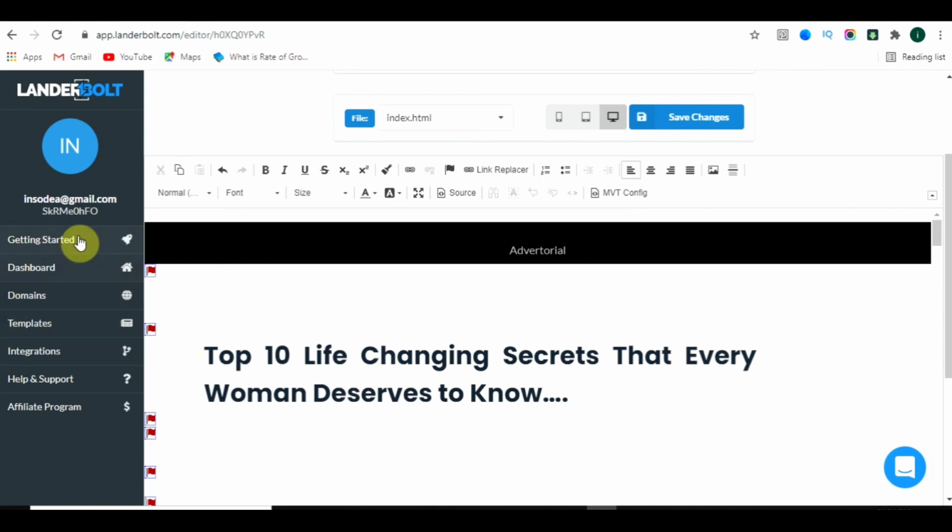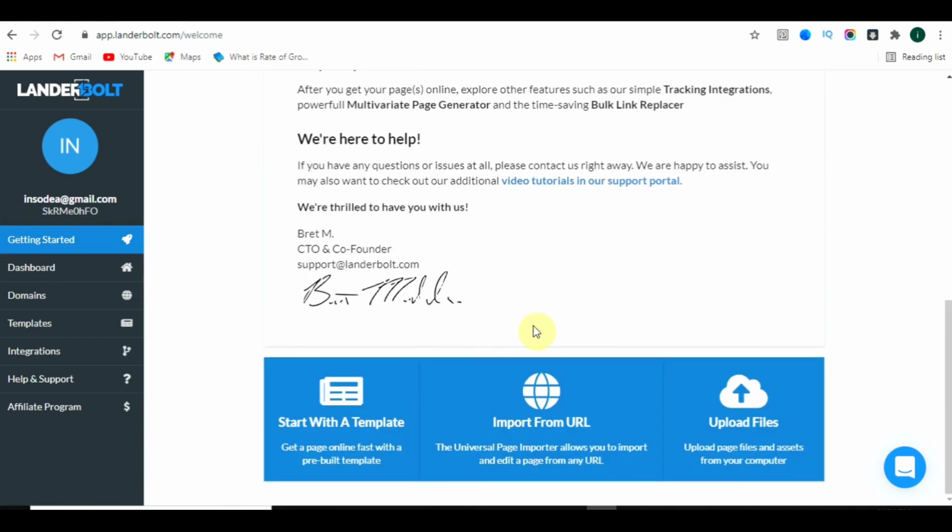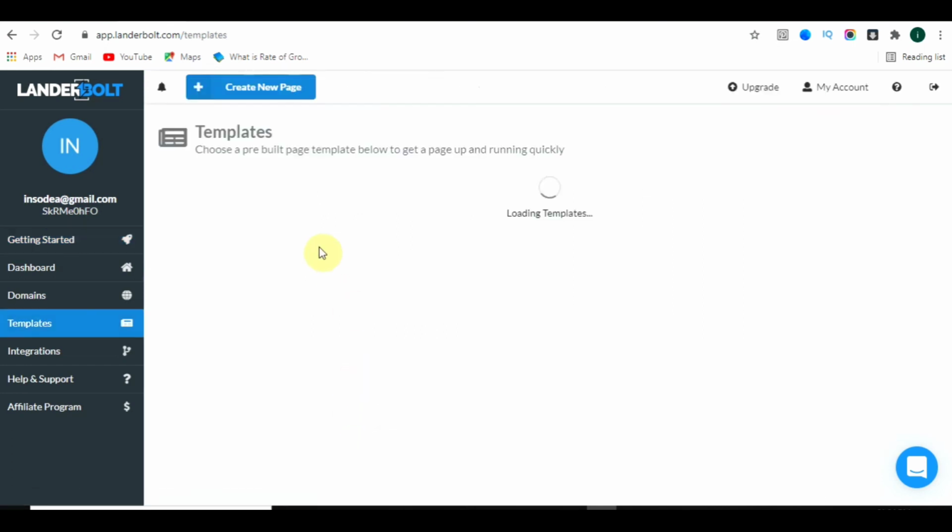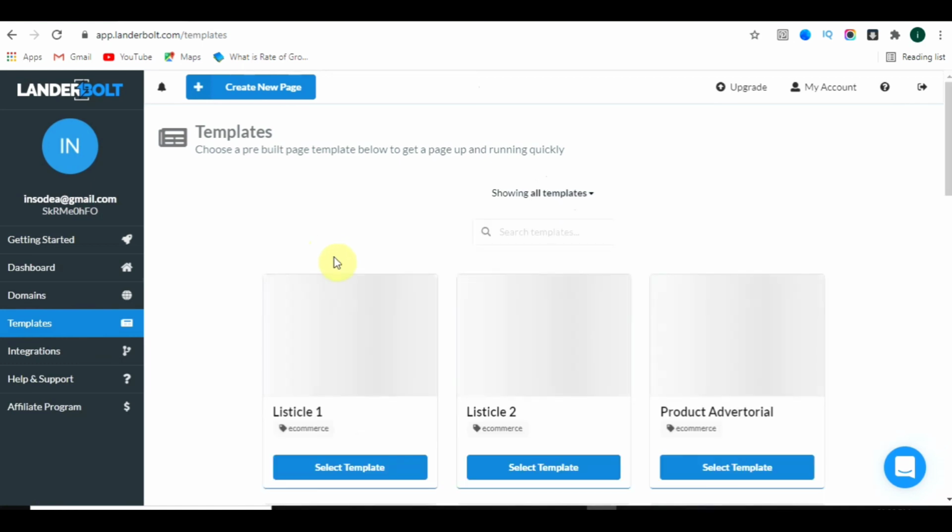Not only can you copy someone's landing page, but you can also make your own landing page. Just click on Getting Started, and after that scroll down. There you will see three options. Start with a template. Just click on that, and it will take some time to load.